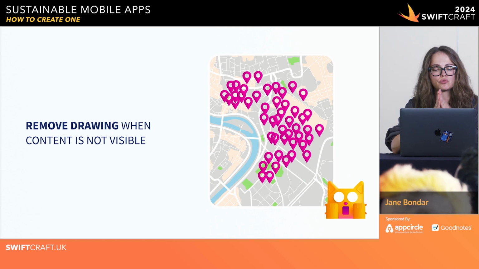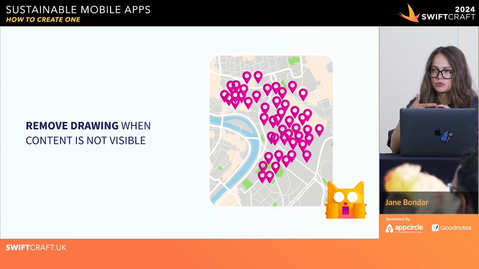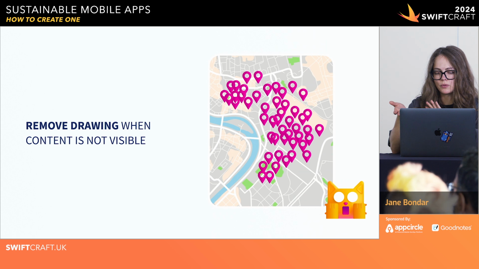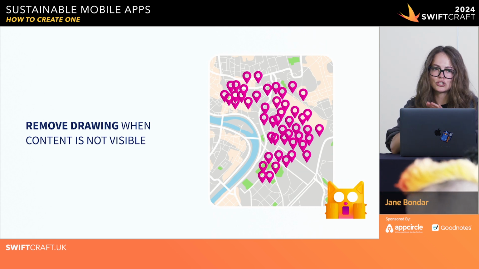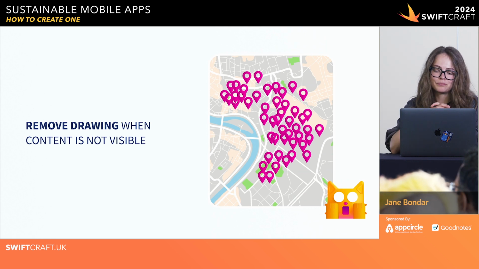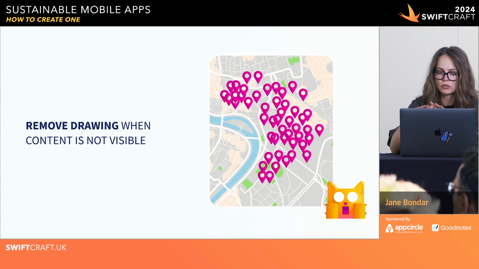First, remove drawing when your app or its content is overlapped by other views, cropped or off-screen. Remember I told you about that location-based social network app. So location tracking was not the only problem we had there. One of the first crucial optimizations we implemented in legacy code was reconsidering the map screen. Because initially when the user opened it, the phone was heating up so much you could fry an egg